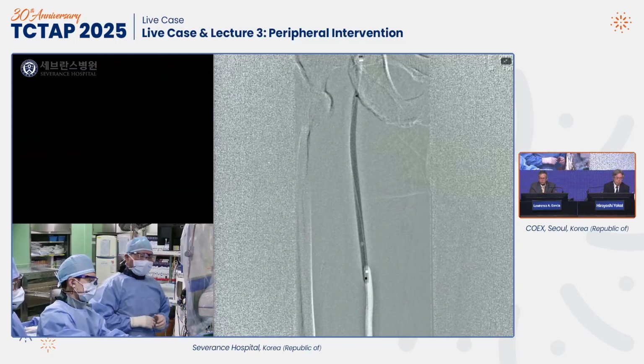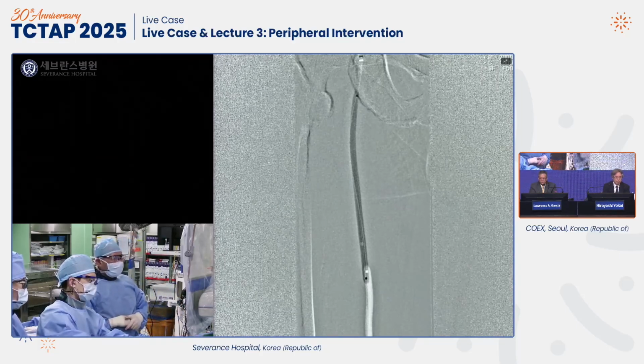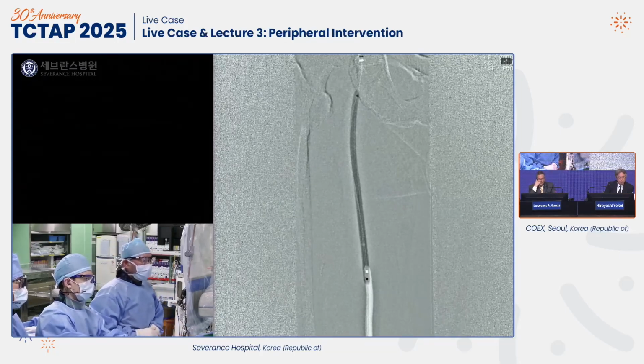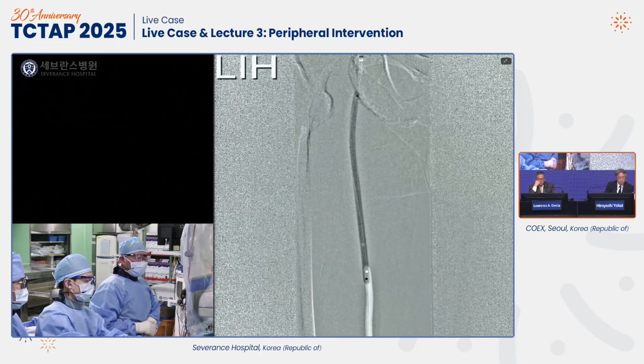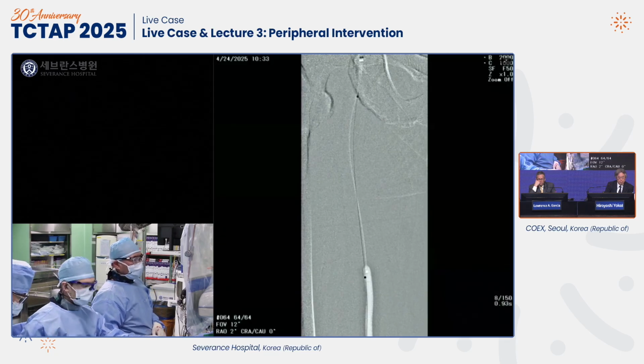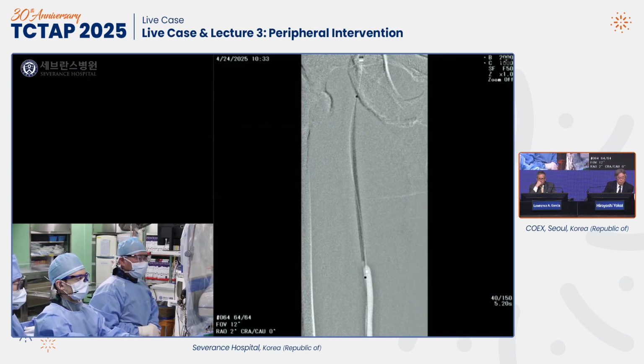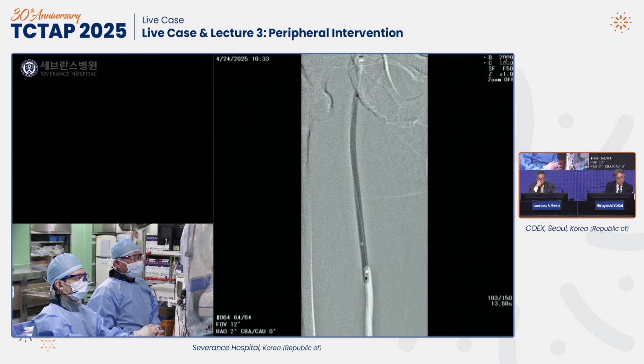0.018 wire compatible feature. These days I use either 0.018 or sometimes 0.014 wire if I apply protection device. So for that reason, actually the Ranger is more convenient to use. But there are more data, evidence for Impact DCBs. So for